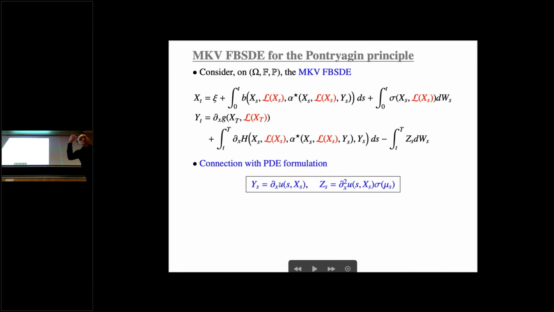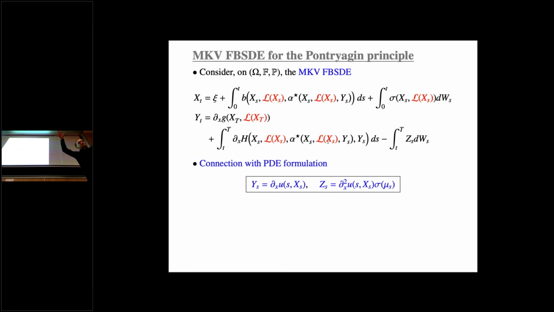So somehow you sit on the particle and you see what is the optimal strategy. You follow the optimal strategy. So these are not exactly the same points of view. And this is what we call the Pontryagin principle in stochastic control. And once again, you have this penalization here by the stochastic integral to force the non-anticipativity of the solution to the equation. And once again, this is McKean-Vlasov in the sense that the law of the solution drives the mean field interaction, or is in the end the equilibrium for the population.